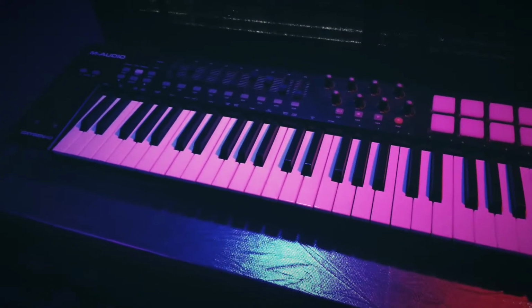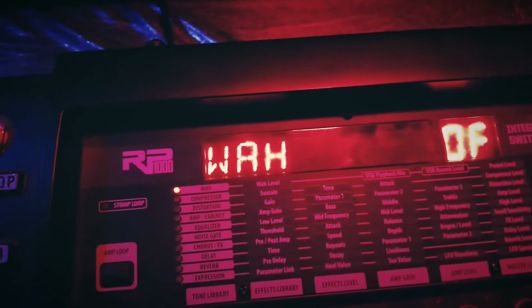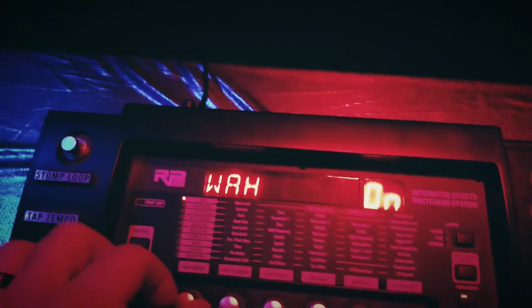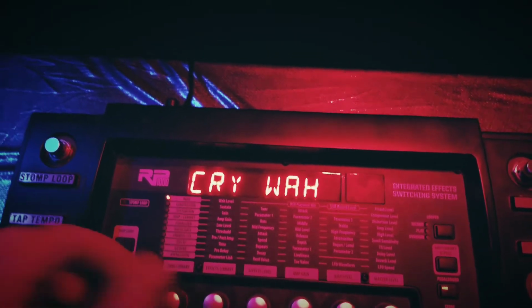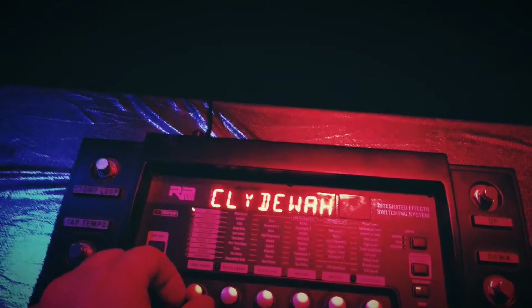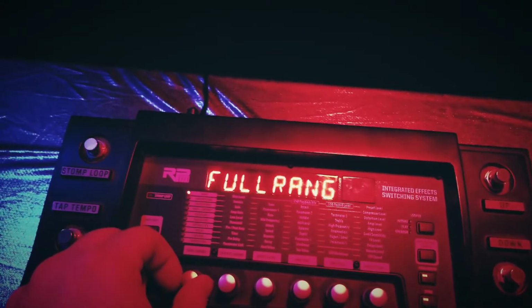I thought that I missed a couple of things and that we should go over this again, because we missed a whole bunch of stuff. I forgot to talk about the wahs, because there's more than just one wah. So let's go. The wah, we can turn that on. We have the crybaby wah. You get the Clyde wah, and I believe that is modeled after... oh God, what is it? I can't remember. And then there's a full range wah,